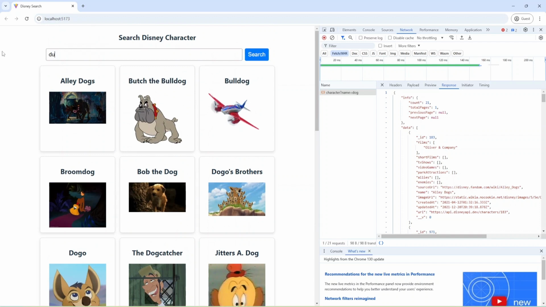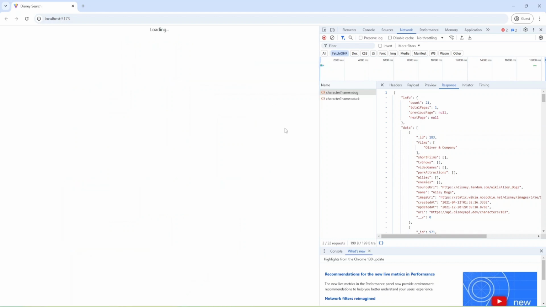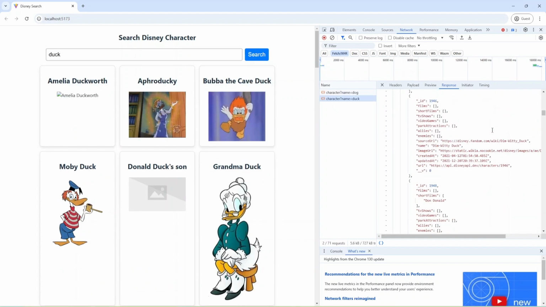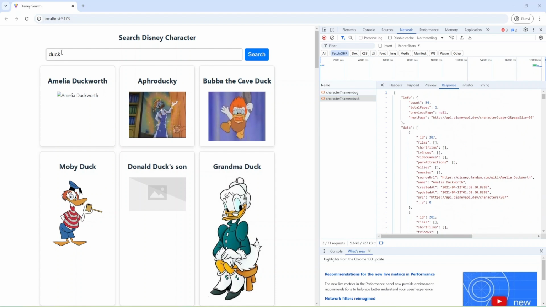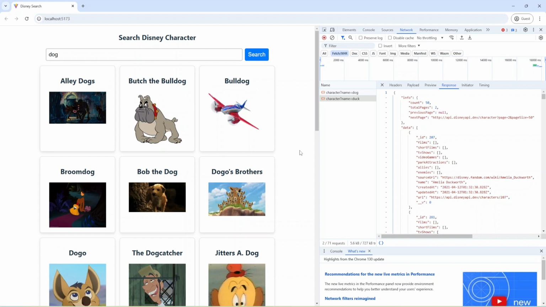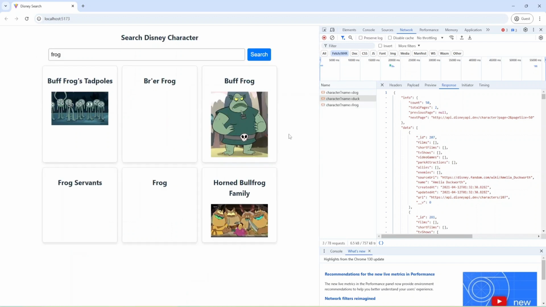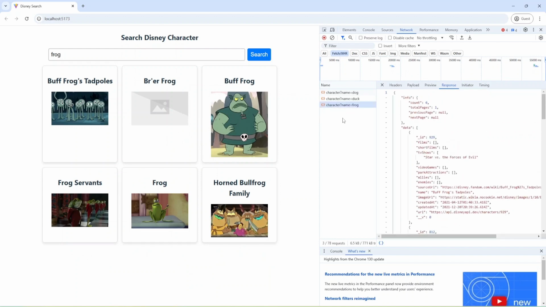and let me provide dog. Okay, and I have one more response and I got dog and now I can provide again dog and this time the values were retrieved from the memory and I have done the query and implemented caching and storing in memory and you also can think about that and let me provide some rock and this time request was made.